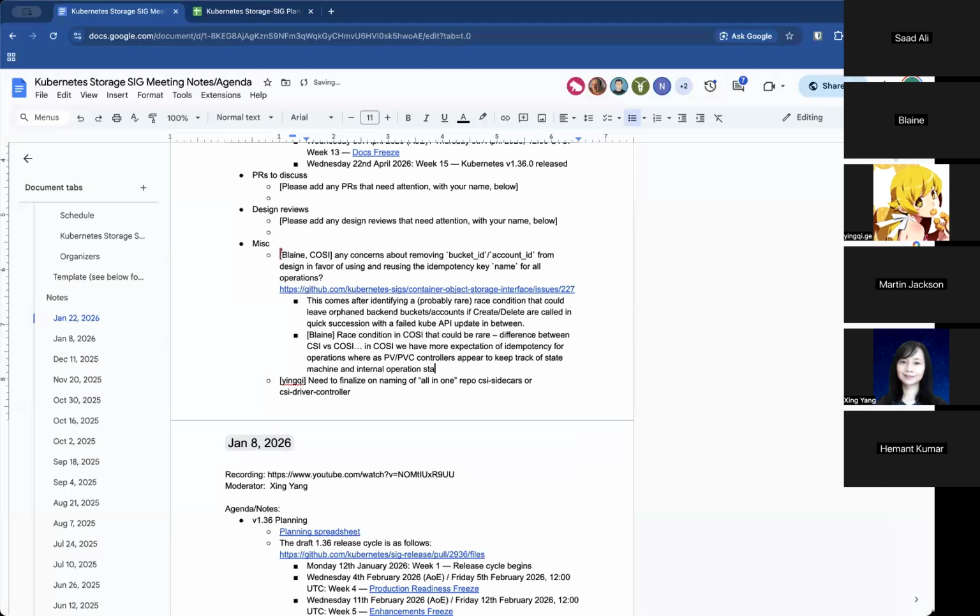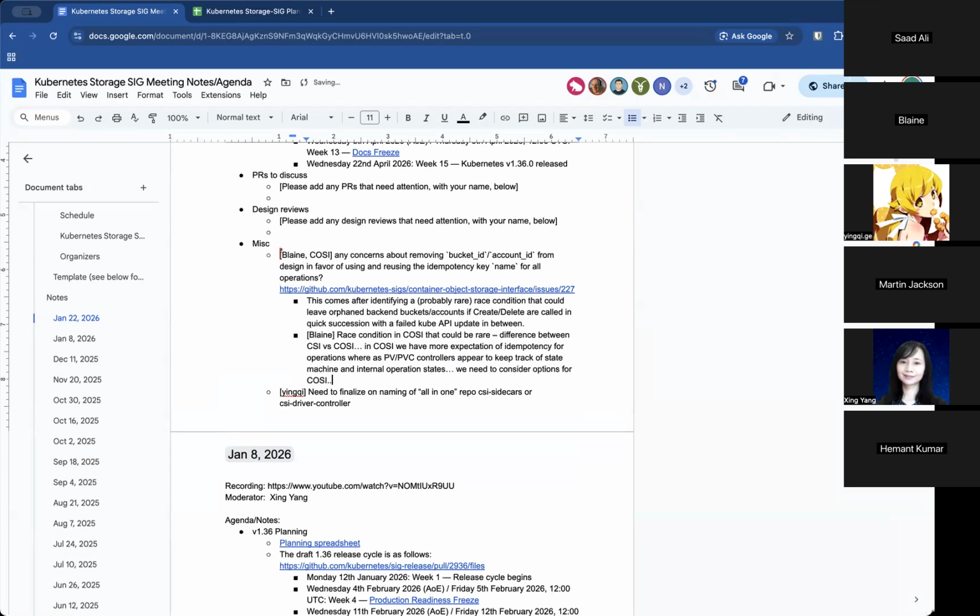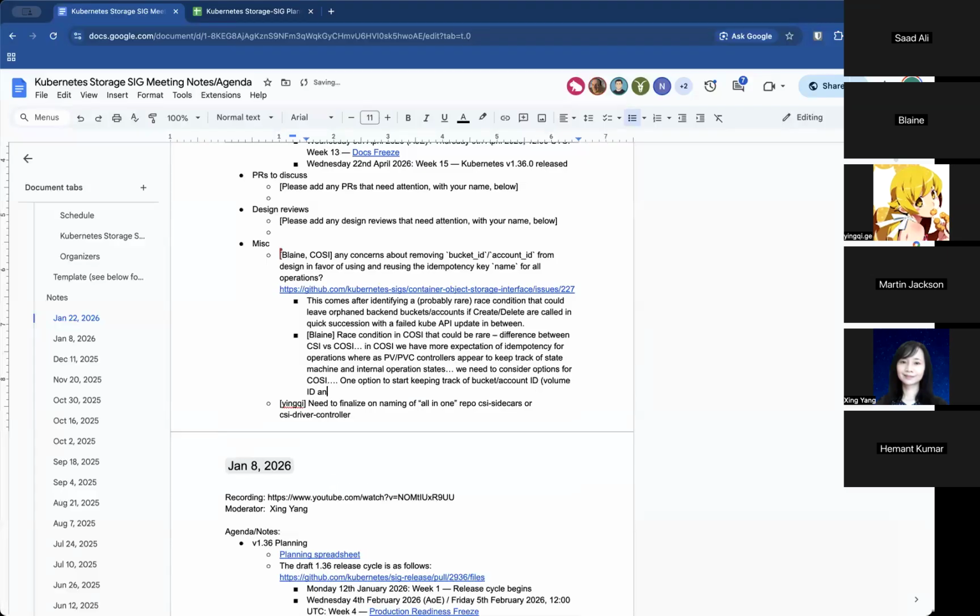So one of the options we have, and I think we still need to evaluate the options on our side for how we actually want to resolve this, is to actually stop keeping track of bucket ID and account ID, which, I think the CSI spec calls these volume ID, is the analog.